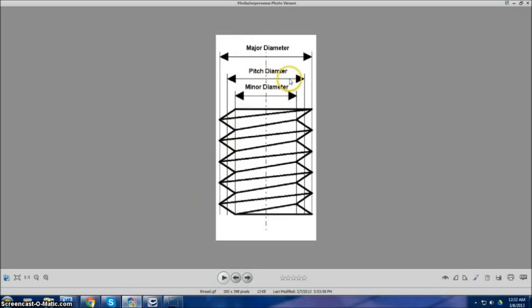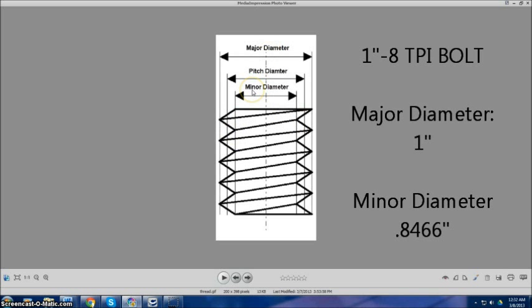The first one shows the major and the minor diameter of the thread. So the outside diameter overall is the major, the inside of the thread is the minor diameter. And so you can look up charts based on which size thread you're looking for. In this instance, I'm going to draw a 1-inch bolt, 8 threads per inch. And so I looked up the information on that. My major diameter for that is 1 inch, and my minor diameter is